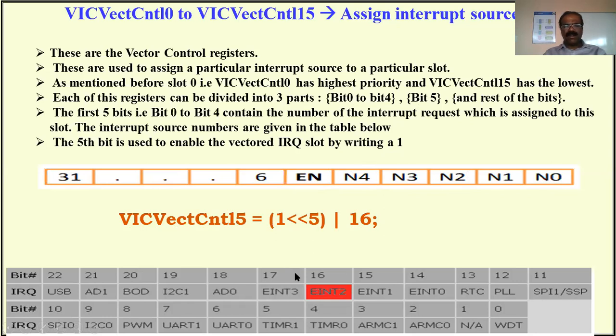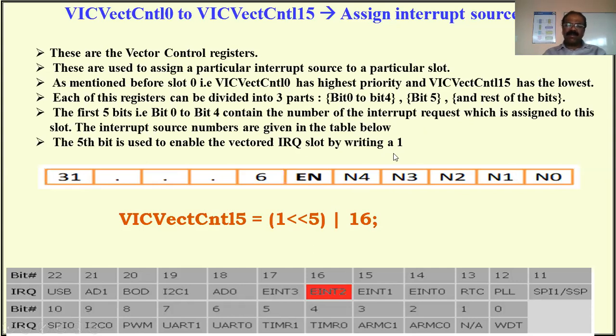Here we know that we are using external interrupt 2, EINT2. What is the position of this 16? We have to write this 16 here. What is the binary equivalent of 16? 1, 0, 0, 0, 0. I have to write that here.